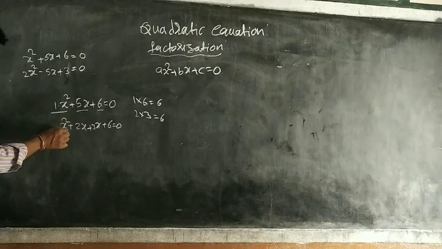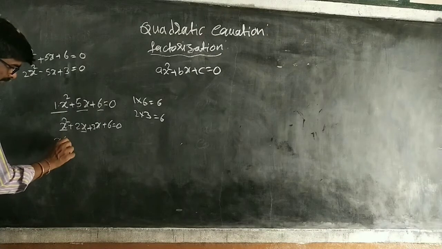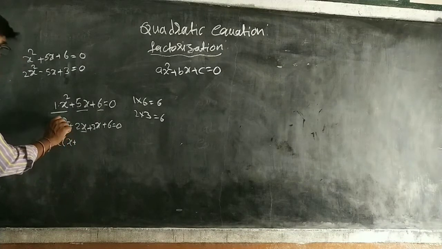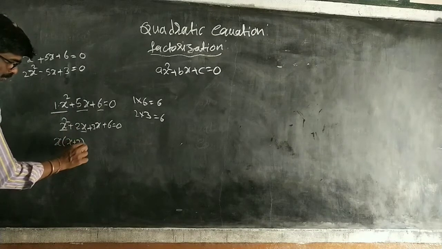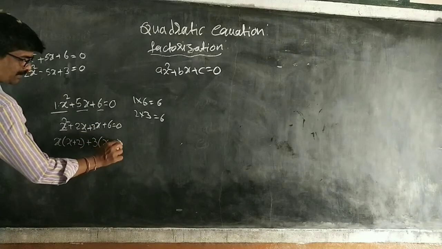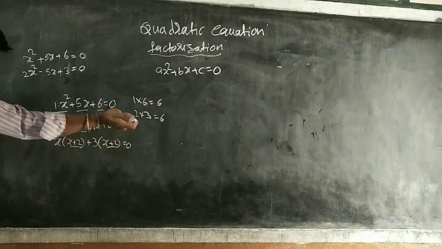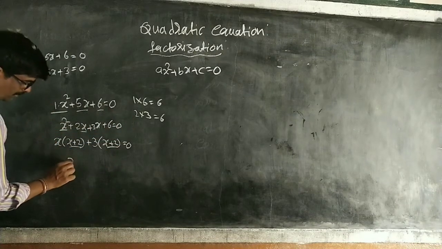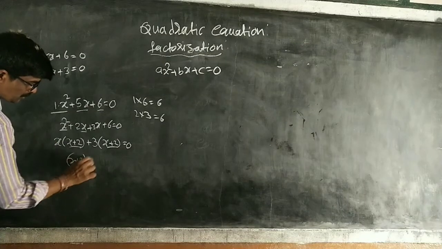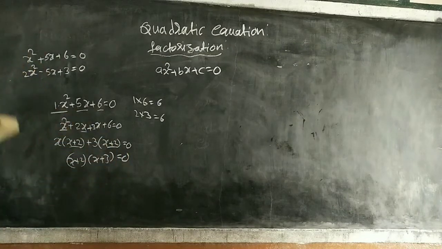So in this x square term, x is there, I am taking x common. Here x square means x is remaining, x plus 2; here again I am taking 3 common, 3 into x plus 2 is equal to 0. So here x plus 2, then again I pick up x plus 2 common. x plus 2 into x plus 3 is equal to 0. This is the factorization.